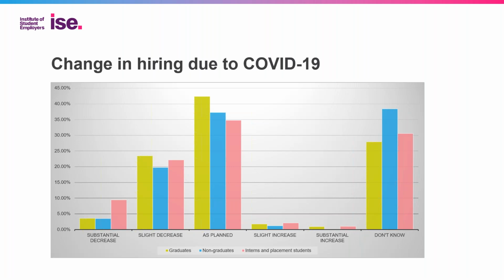Thank you. A follow-up question from Monica. What industries should finalists approach to look for graduate jobs? Yeah, we talked about that a little bit in the webinar last week. It's not completely clear how this is going to play out on a sectoral level yet. I think there are obviously some sectors where we're seeing particularly heavy impact. A lot of the entertainment industry, travel, and certain aspects of retail are being hit very hard at the moment.